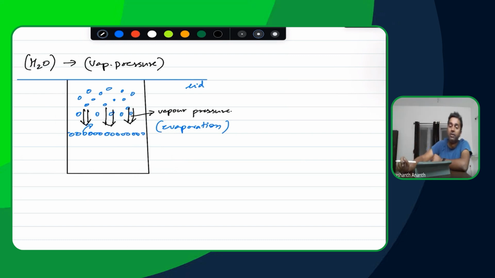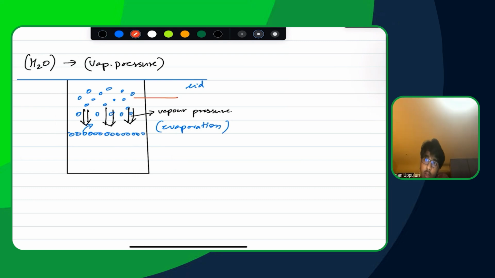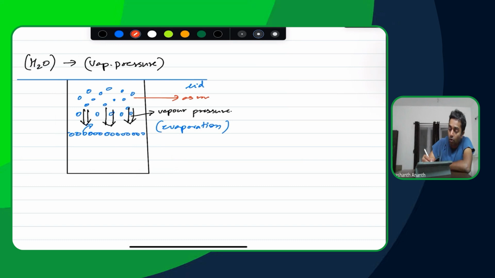So in this particular case here, evaporation is going to be happening, which leads to vapor being collected. That vapor then exerts a pressure called vapor pressure. Now, what happens over here is you will end up having this process as you end up having more and more vapor molecules getting collected. Pressure. Makes sense. As more vapor gets collected,